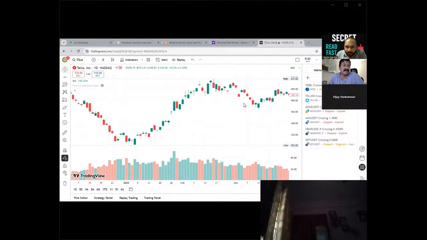So here you can see again there is a consolidation going on, right? You can see the market has formed a range. So now you have to wait for the range. Or if you are a scalper, you can buy here and exit here, or you can short here and take profits here. But if you are a positional or a swing trader, you have to wait for a breakout or a breakdown in this range. So below this you have to take a short trade and once it crosses here you have to take a buy trade.